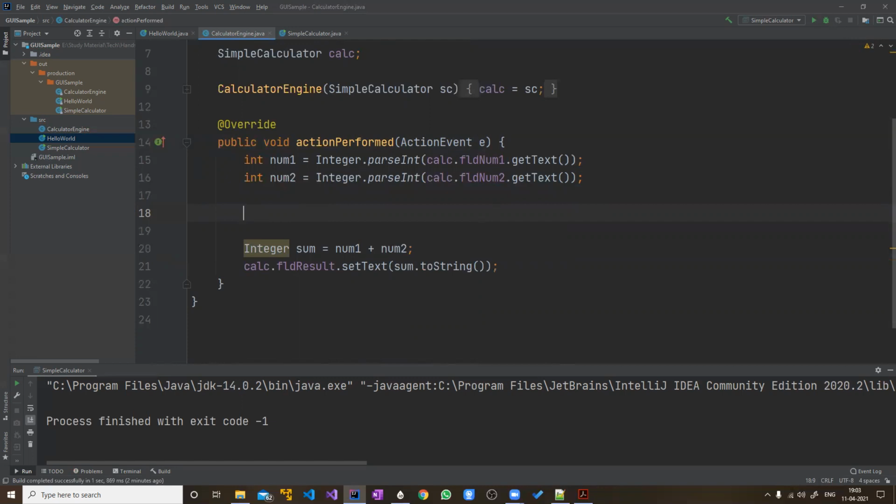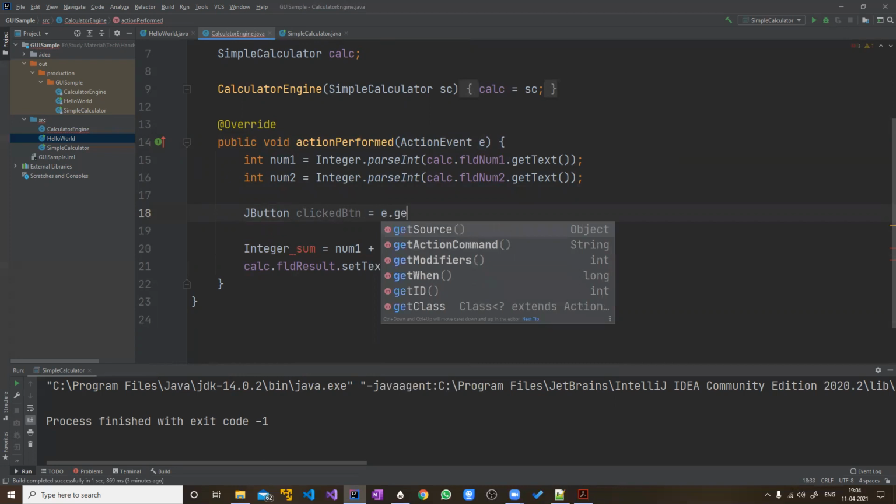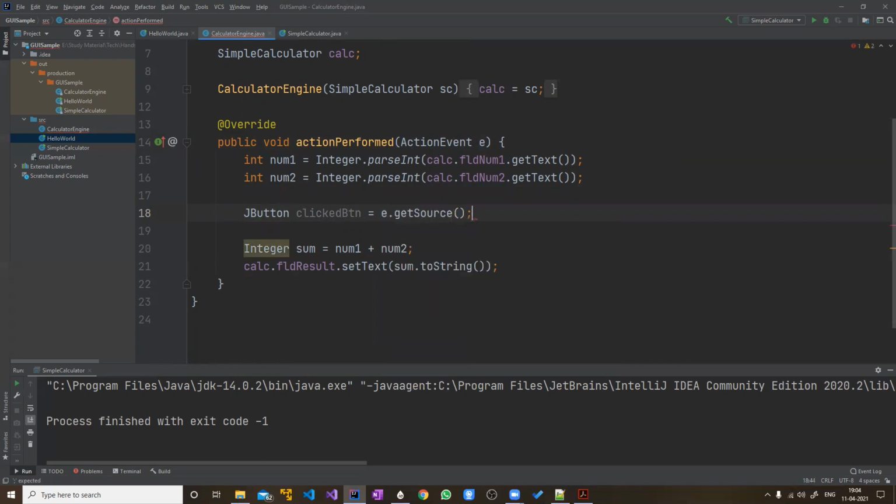For that, we will have a JButton type variable here. Let's name it clickedButton is equal to E dot getSource. So there is an error because E dot getSource gives you an object. Object is very generic.